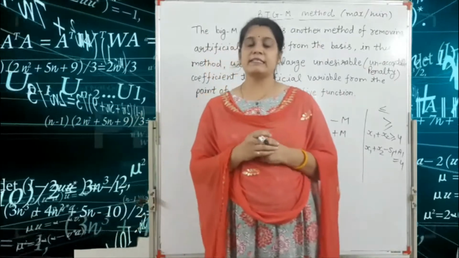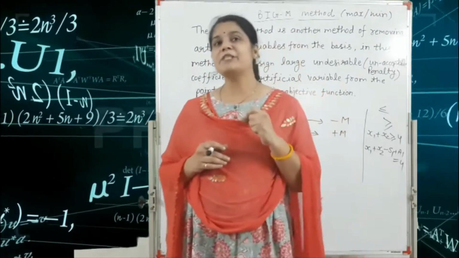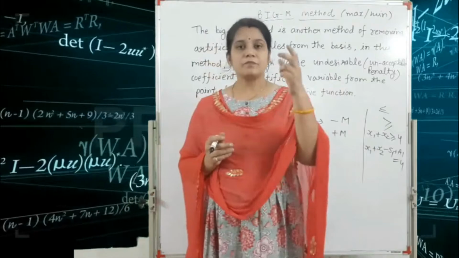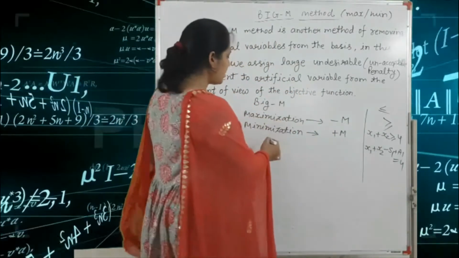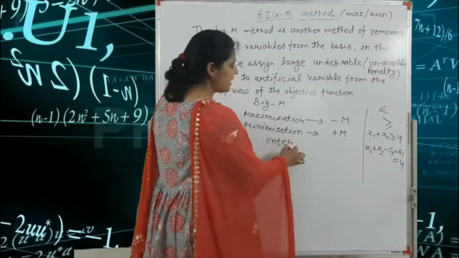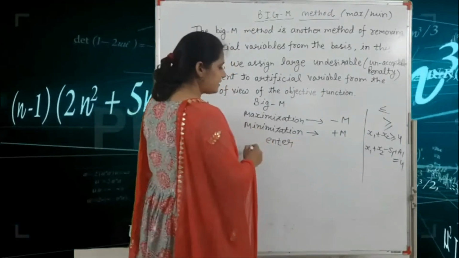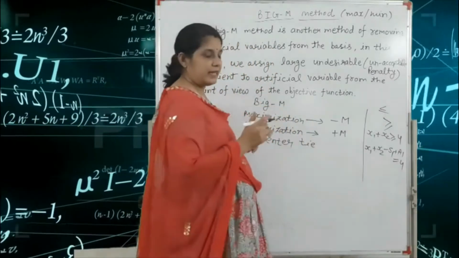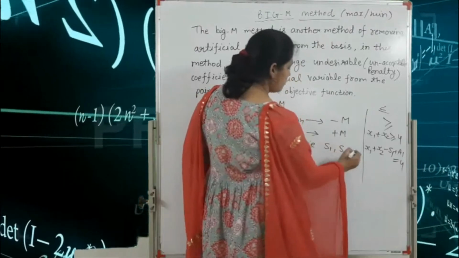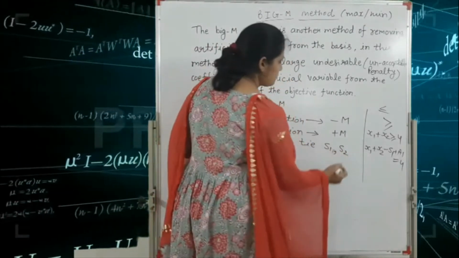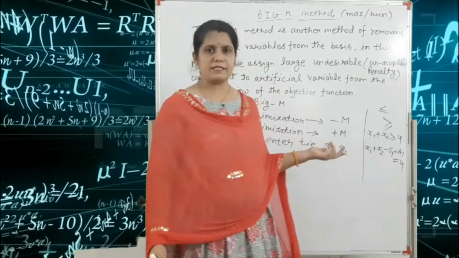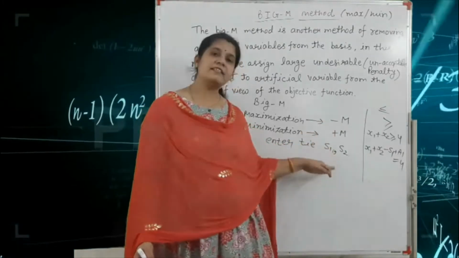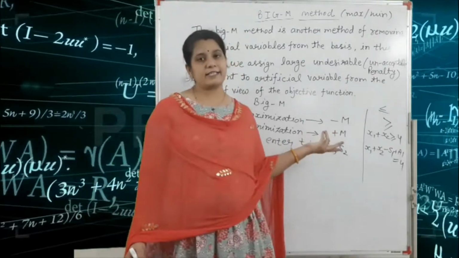Okay. Fourth point is when there is a tie. There is a tie between some slack variable, surplus variable, or artificial variable. So you just remember, this is your entering variable. In case there is a tie between slack variables, that means S1 and S2, basic variables, slack variable or surplus variable, you consider randomly. You consider S1 or S2, both are correct.